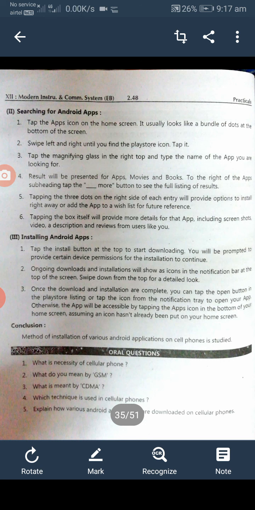What is meant by CDMA? Which technique is used in a cellular phone? Explain how various Android applications are downloaded on a cellular phone.